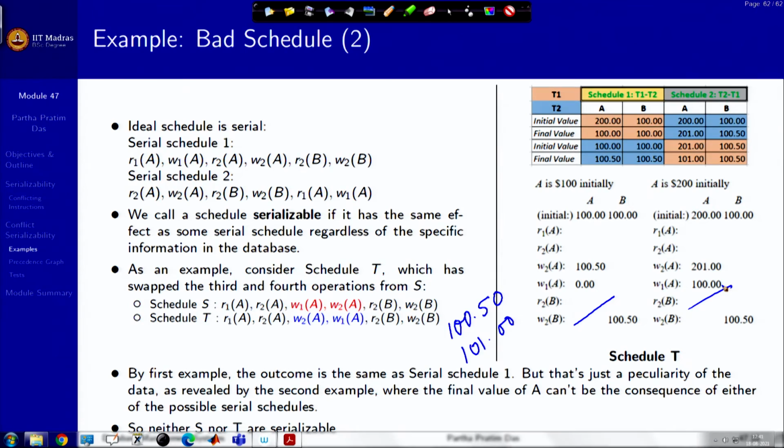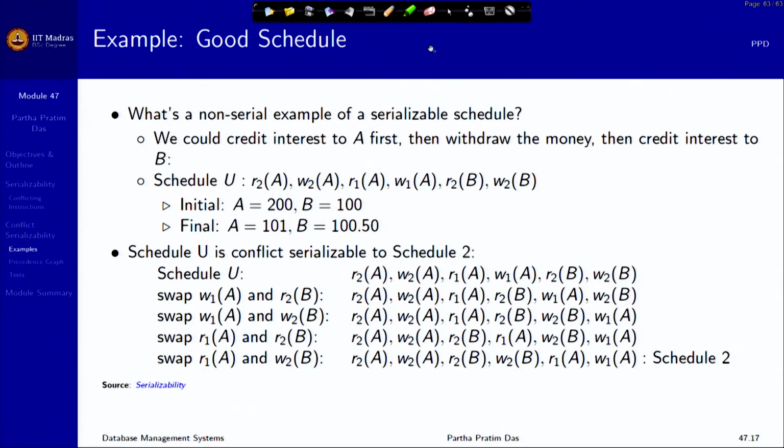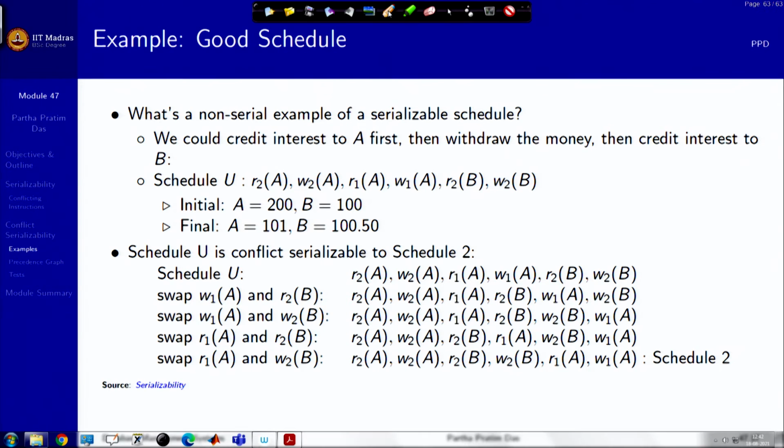So, T, where you have changed another schedule, is also not serializable. So, neither S nor T are serializable. These are bad schedules. To answer the question, does there exist a non-serial schedule which is serializable? Yes, it does. Suppose we credit interest to A first,